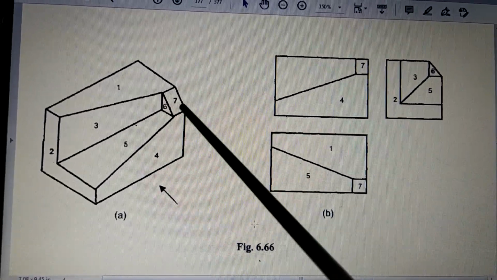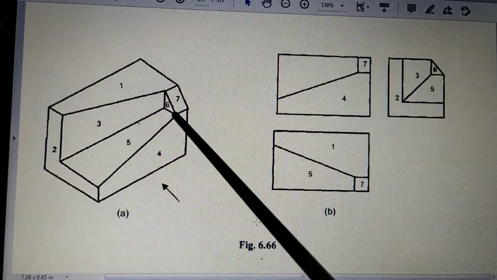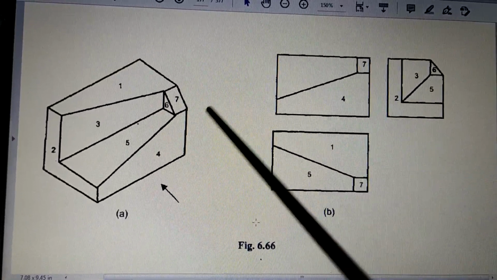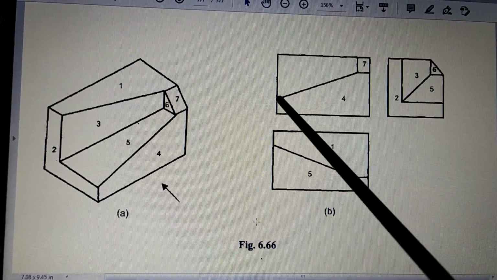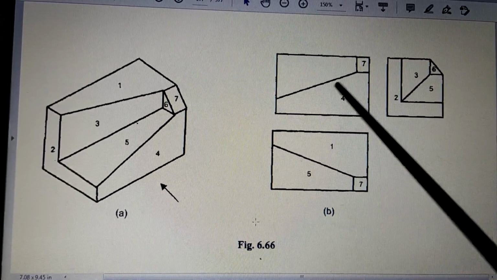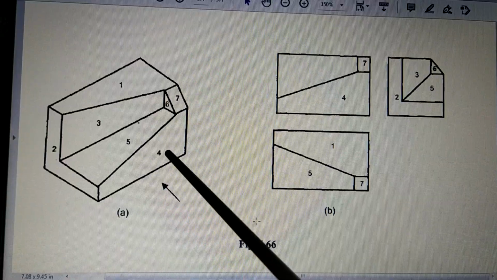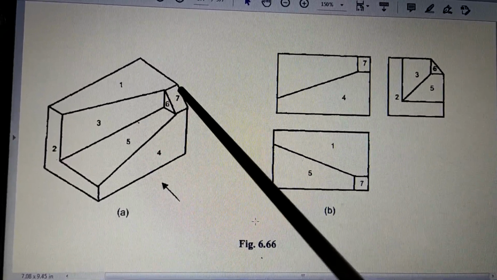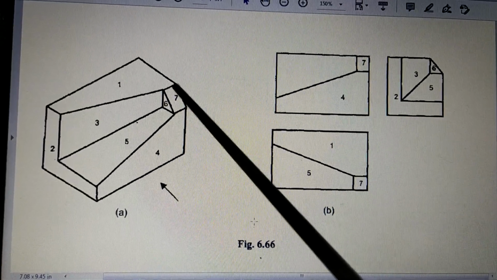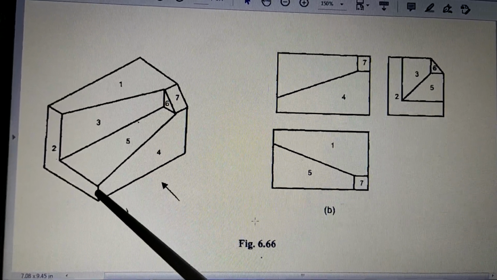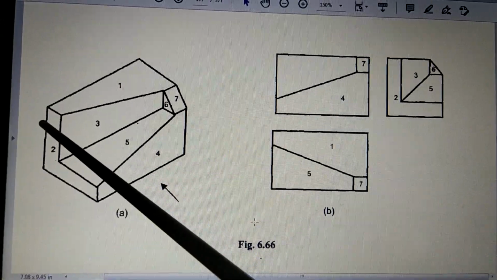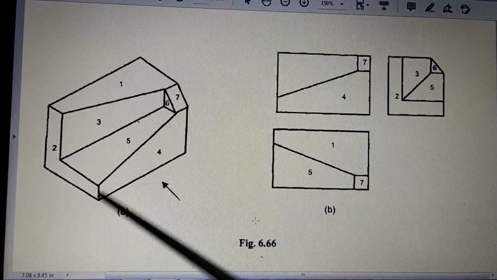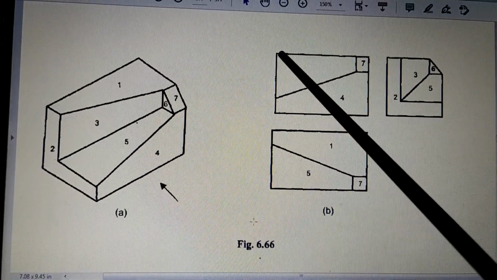And then here you have to draw a horizontal line like this, parallel to this, and come here and then join these 2 points. So this becomes the shape of surface 4, which is C. After that surface, then there is 7. Now 7 is at what height? If you see this surface 2, it has got height this much. So this height you take from the base. So from the base you go up to here.